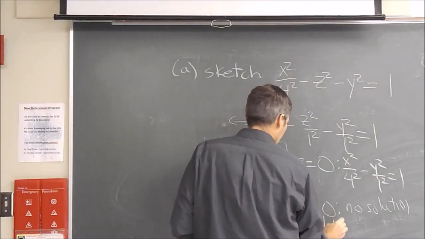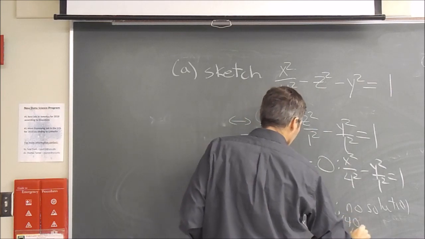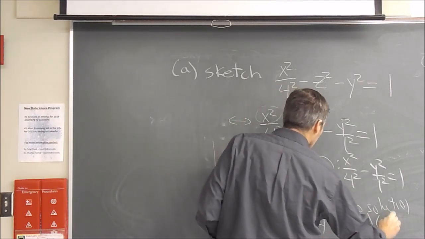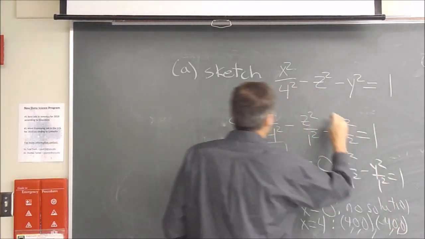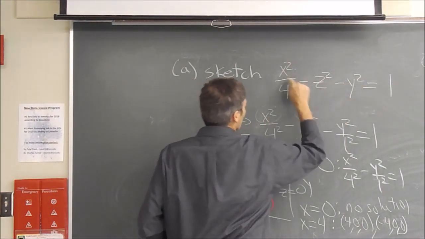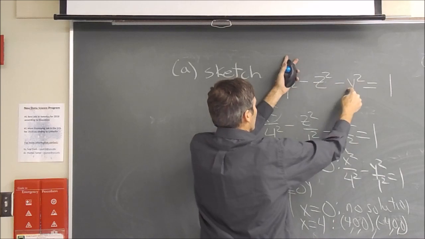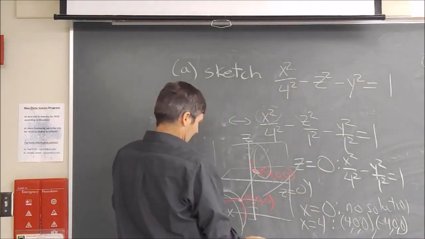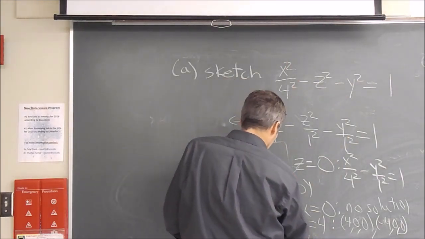So we get the point 4, 0, 0 and minus 4, 0, 0 by putting x equals 4 in here. This becomes 1 and cancels the 1. You get minus z squared minus y squared equals 0. Now we can put z